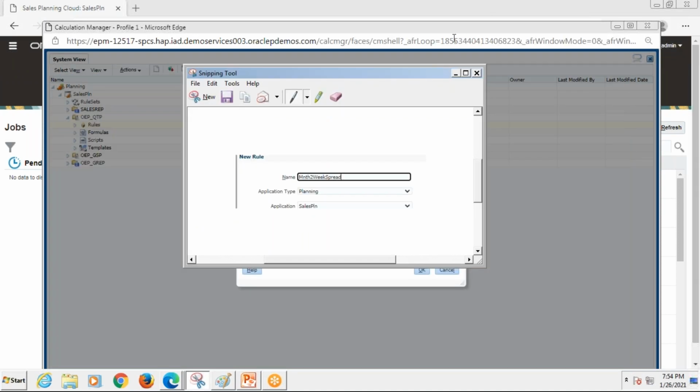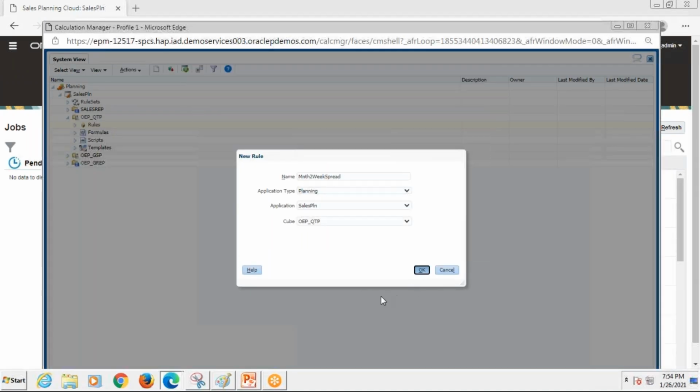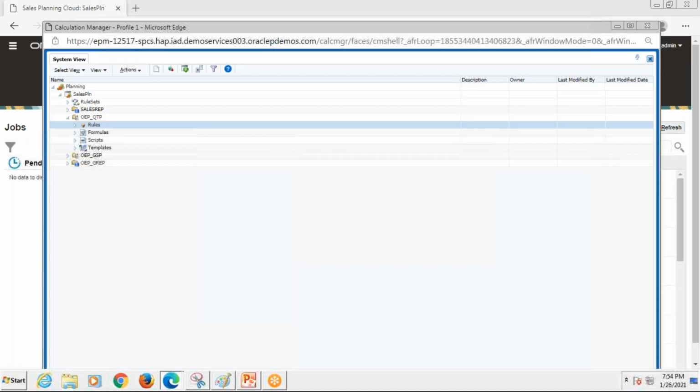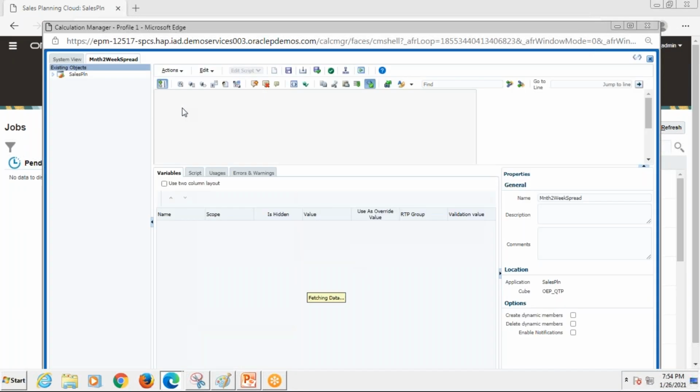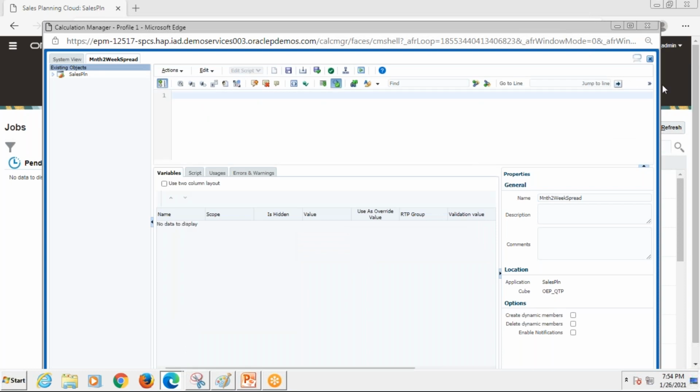This is the name which we are giving to our rule. Save the rule and start writing the rule. Here we do have the Groovy script as our standard scripting. We do not have the Cal scripting option here, and I'm starting to write the respective script for this.